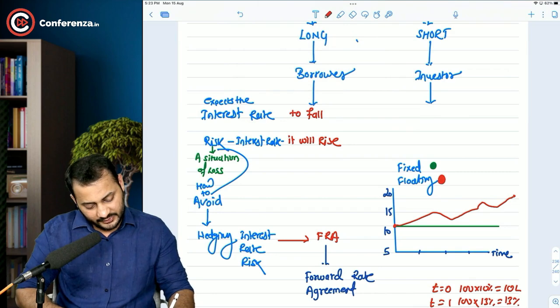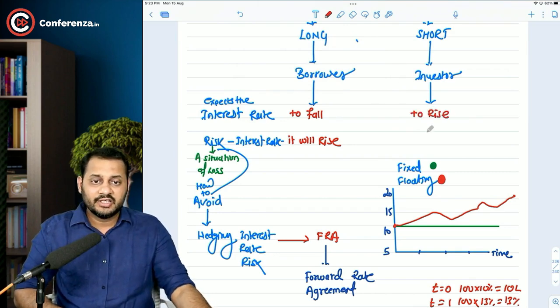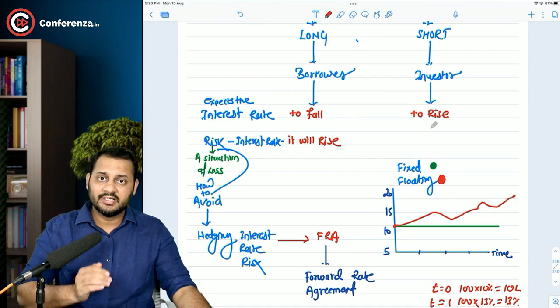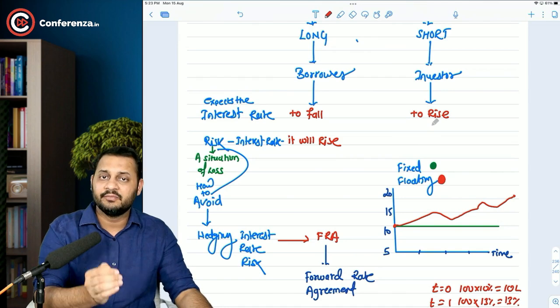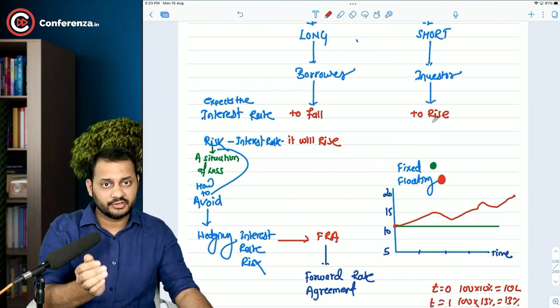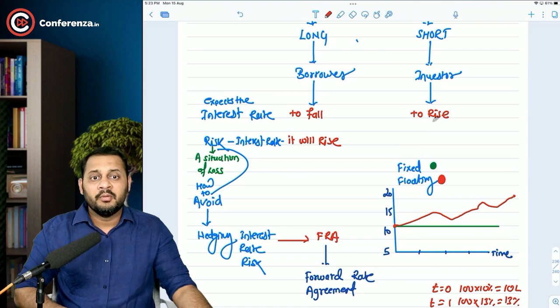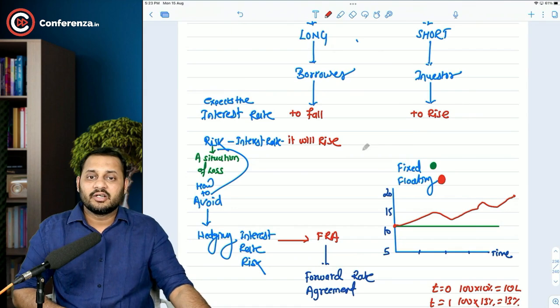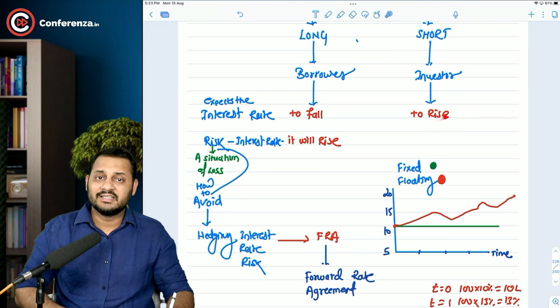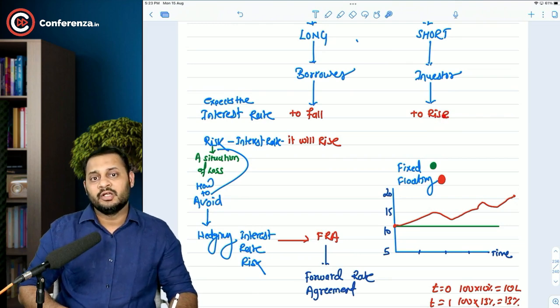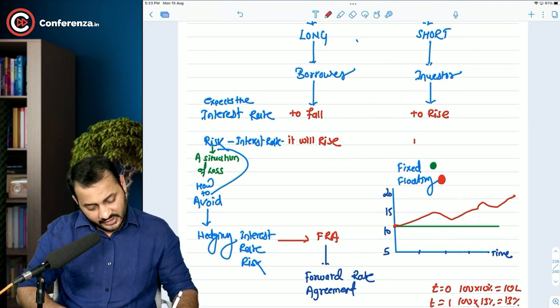In this case, we expect the interest rate to rise. A person who is investing in the market would anytime want that his investment should grow. So the interest rate has to rise in future so that our investment grows. So this is not a risk to the investor. Rising interest rate was a risk to the borrower. But for us, for the investor, rising interest rate is good news. So what is the risk of interest rate to the investor? That it will